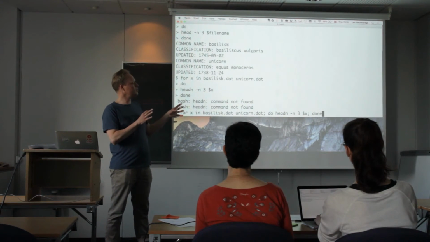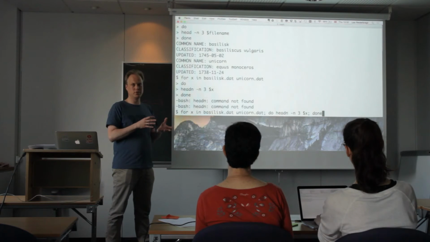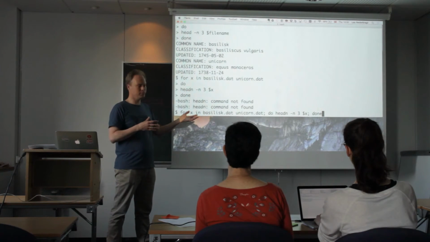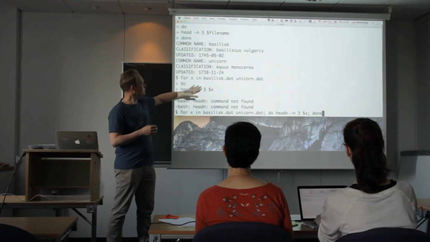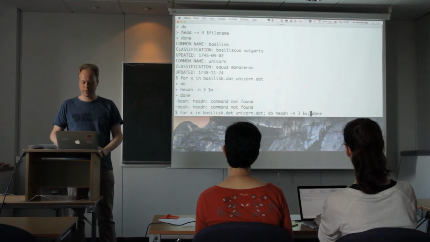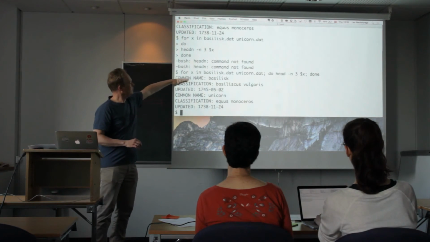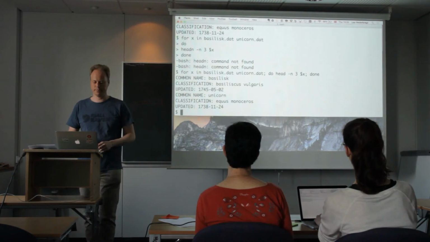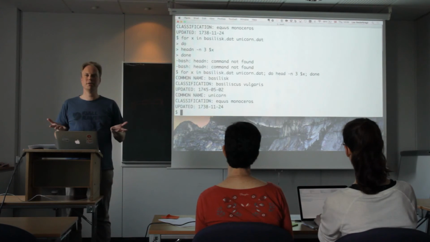You can try this to remember how to do this, but I predict you will get the semicolons wrong. Trust me, I've been there. So I would still start out by doing it this way. But in this case, it allows me to quickly correct my typo, and we're back at getting the first 3 lines of each file. Once again, the variable name is not too restricted, so you could also use animal